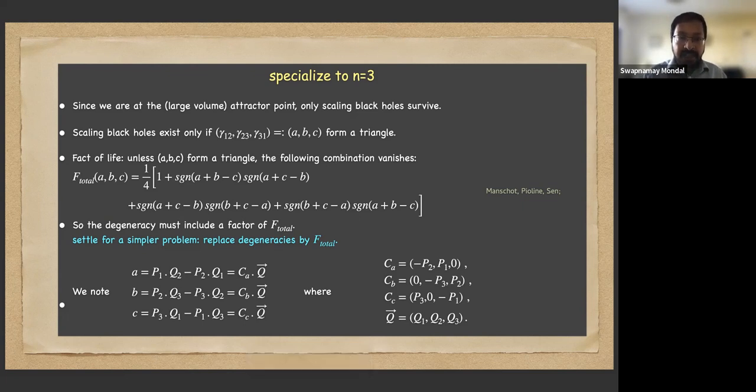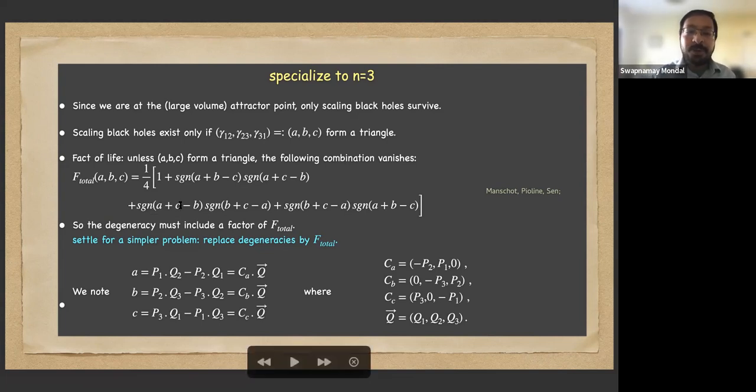Now, you can cook up a function which vanishes if A, B, C do not form a triangle. And you can check that that function is this F total. There are some step jumps and technicalities which I skipped. It's easy to see that it is like this. For example, if you take A to be much larger than B and C, of course, that would not form a triangle. In that case, you can check in the first term, both are positive, so you have 1 plus 1, 2. In the third term, the first sign is positive, the second sign is negative, so you have a minus 1. And the same for the last term, you have another minus 1. So it's 2 minus 2, 0. Check that. And when the triangle inequality is satisfied, you can check that it's 1,